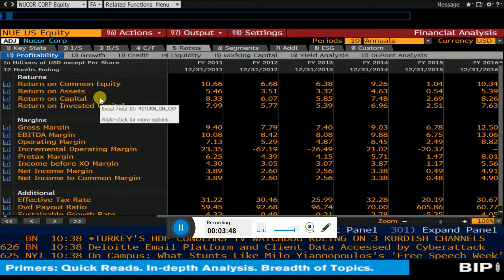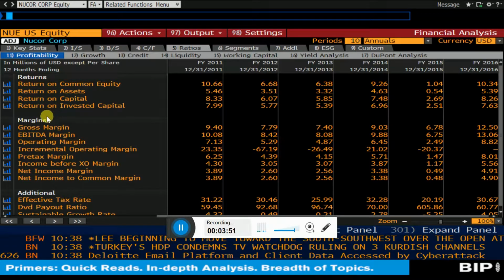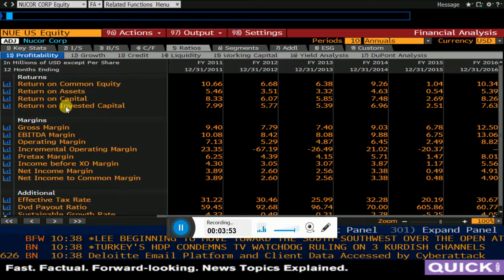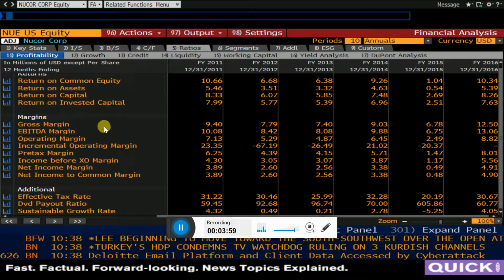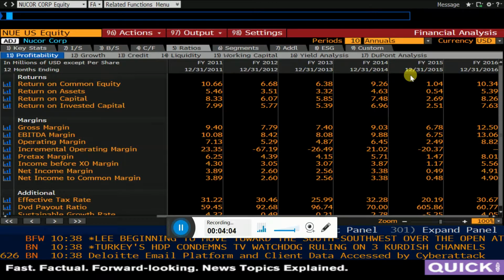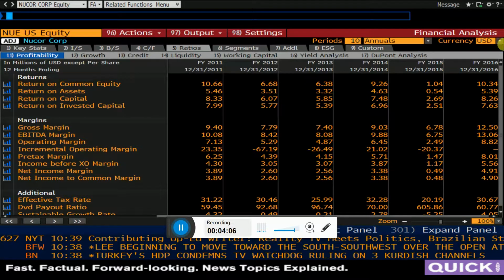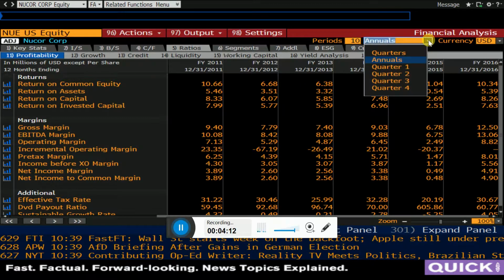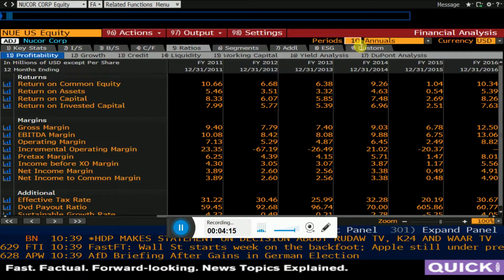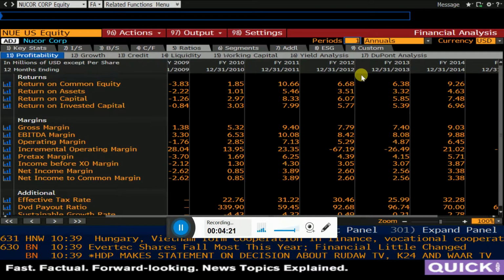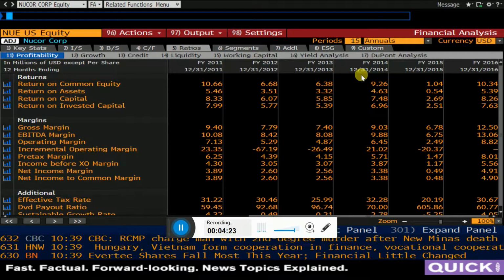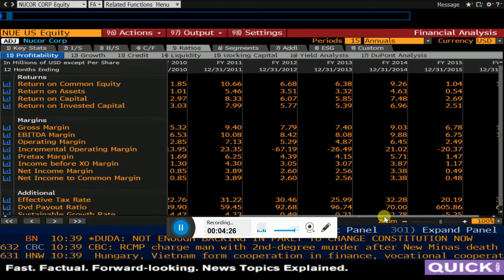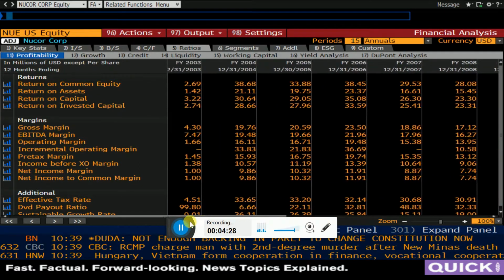You can look up return on common equity, return on assets, return on capital, return on invested capital. So this gives you the basic idea of how well the company has been doing within the past 5 years, or you can even look at for more years by typing in right here about, let's say, annually, let's try 15 years. So you can go back as far as to the origin of the company